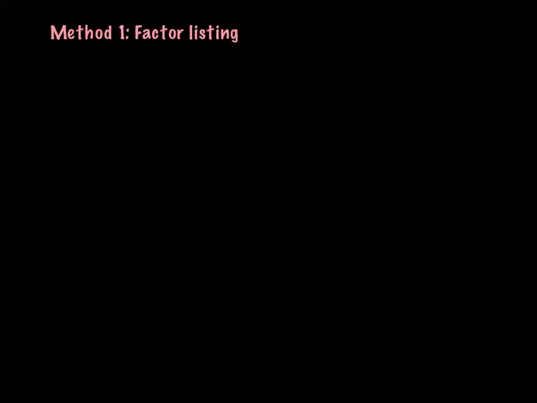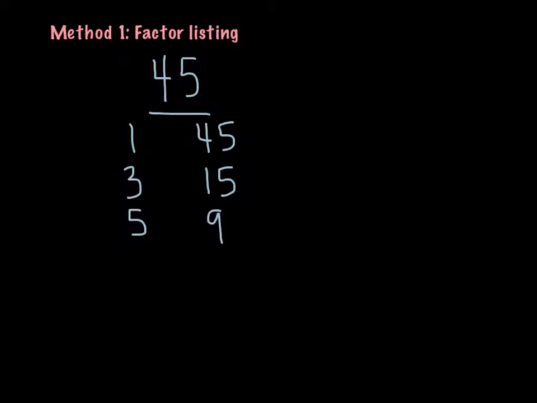And factor listing is really good because there's kind of an organized method that we can go about doing that. And so if we take the number 45, for example, what we would do is we would start by listing organized pairs. So we start with 1 times 45, and then the next one we know is 3 times 15. I skipped 2 because 45 is an odd number. 4 won't work, so then we do 5 times 9,